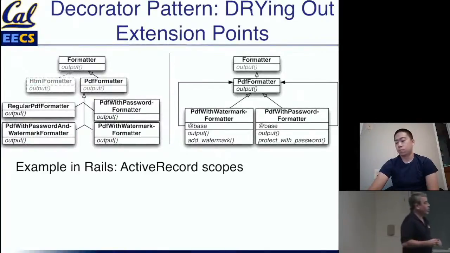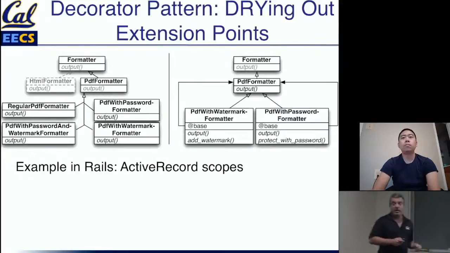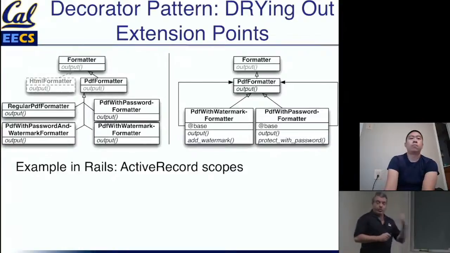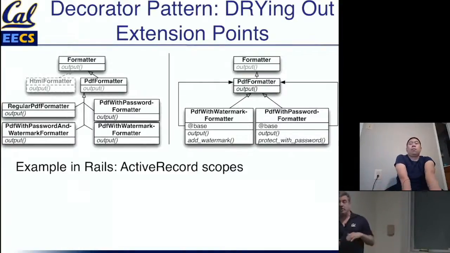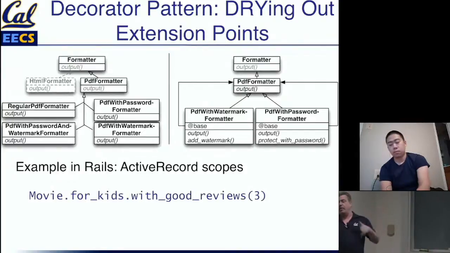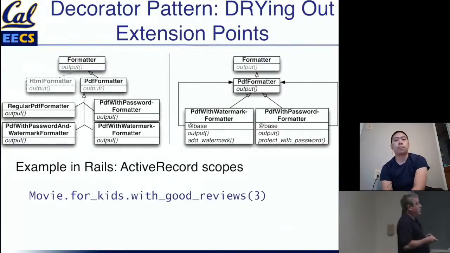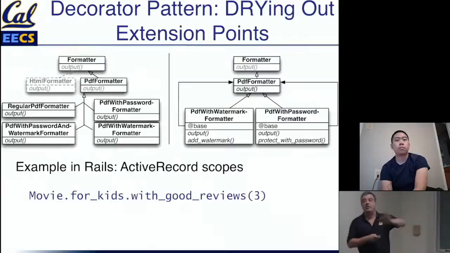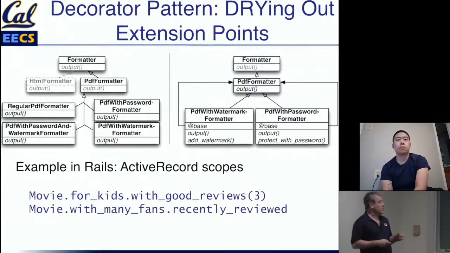By the way, you may have already seen this, depending on how much complex code you've written in Active Record. If you've used Active Record scopes, or even if you remember some of the simple Active Record examples we did at the very beginning, you can define a scope like for kids, which basically translates into where rating is G or whatever we said it was. And you can define a scope like with good reviews, which looks for a movie whose average review score is whatever. And now you can actually stack all of these. You can chain them in the calls, right? You can chain the where calls. So this is actually an example of doing decoration, where you can create scopes that decorate the basic behavior of